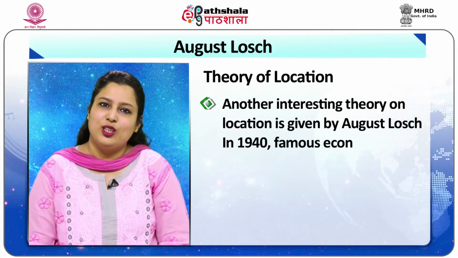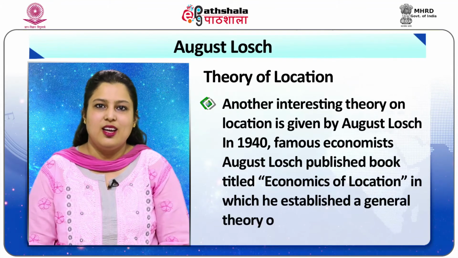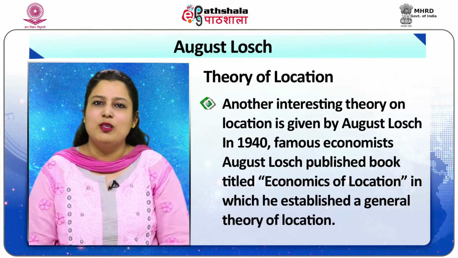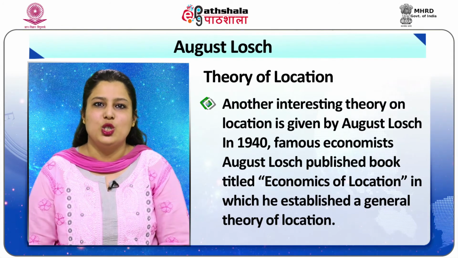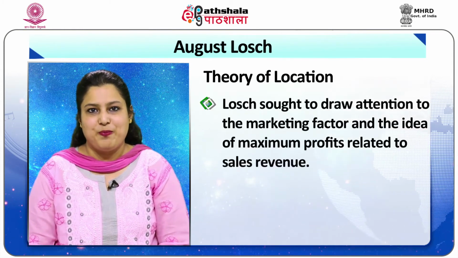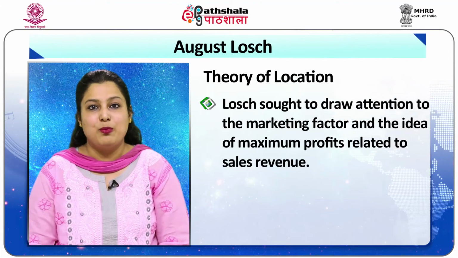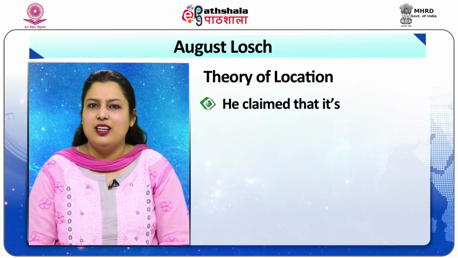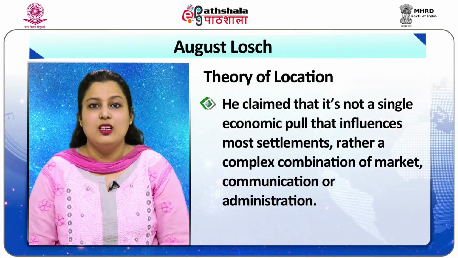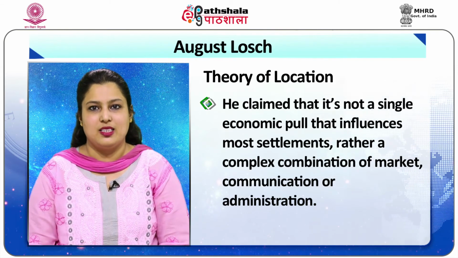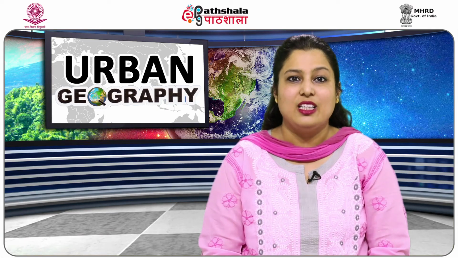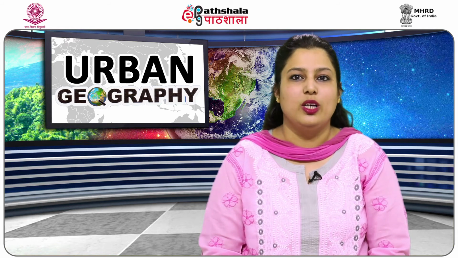Another interesting theory on location is given by August Losch. In 1940, the famous economist August Losch published a book entitled Economics of Location, in which he established a general theory of location. Losch sought to draw attention to the marketing factor and the idea of maximum profits related to sales. He claimed that it is not a single economic pull that influences most settlements, rather a complex combination of market, communication and administration. He attempted to explain the size and shape of the market areas within which a location would command